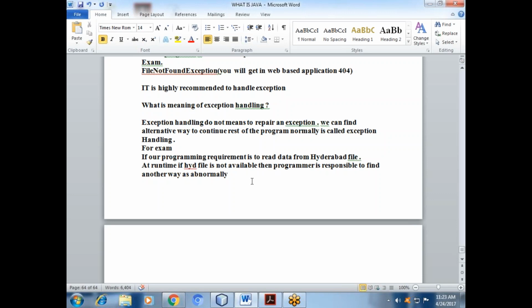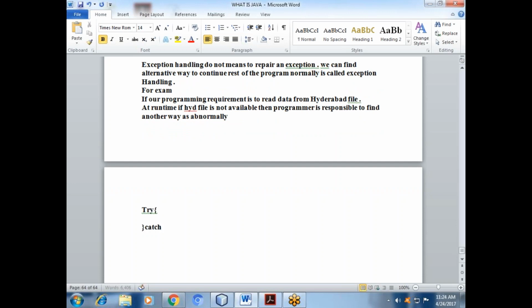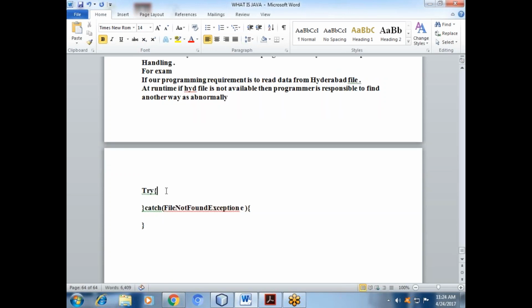See, suppose we have created one try as a syntax we are writing, then I will implement, then catch FileNotFoundException, read data from Hyderabad.